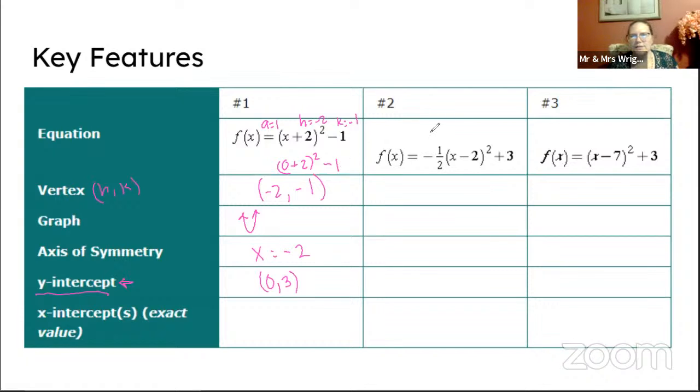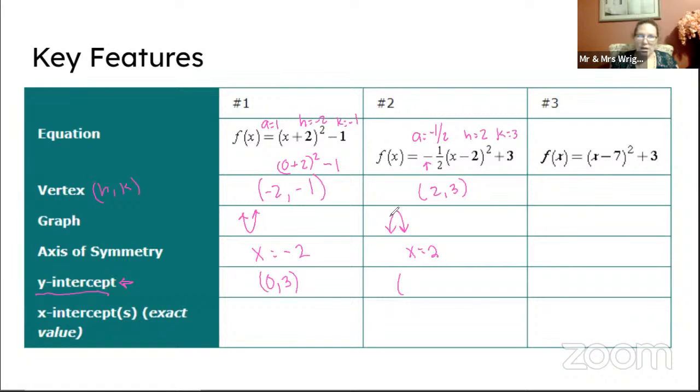For f(x) here, we have A is -1/2. H is +2 because it's the opposite of what you see there. And K is 3. So our vertex is (2, 3). This is going to open downwards because of the negative we see right there, okay? And if you notice, this one's going to be compressed. Our axis of symmetry is X equals 2, and our y-intercept is going to be